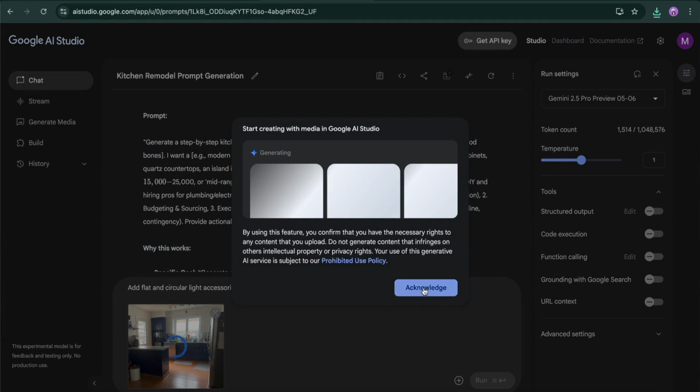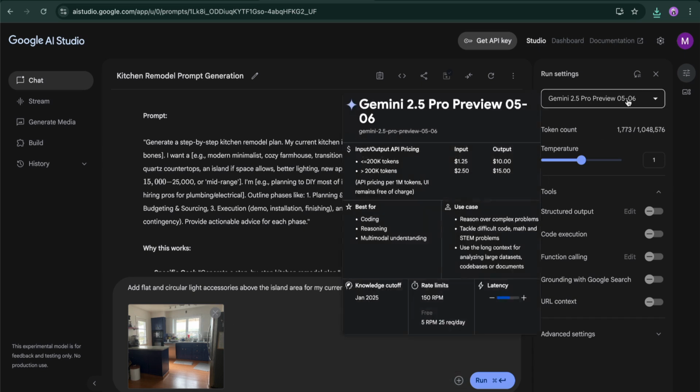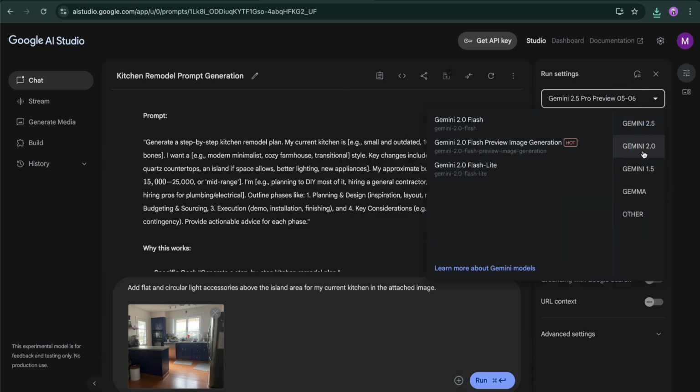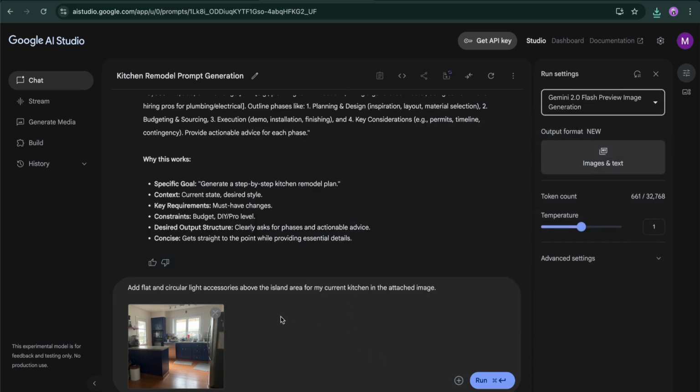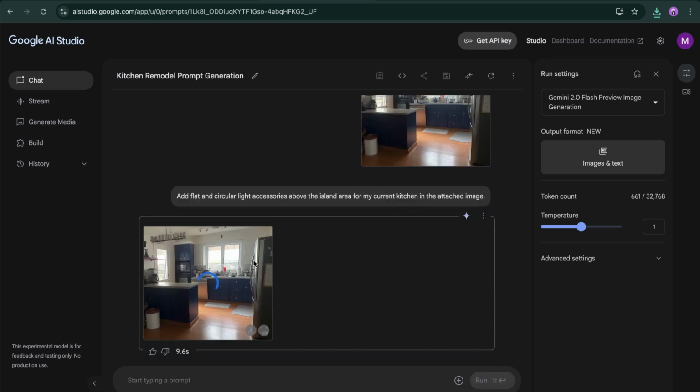This is the kitchen image we're generating. This is the inspiration we have. You need to switch the model to Gemini 2.0 image generation and give the prompt. You can see it's working on generating the image. It will add flat and circular light accessories above the island area to the current kitchen, and here is how